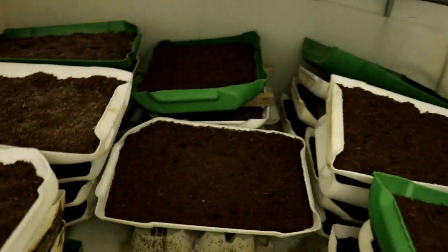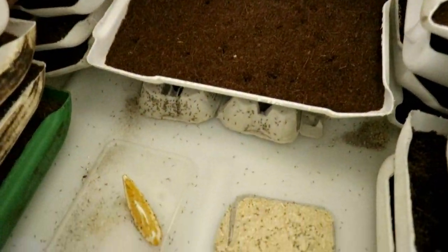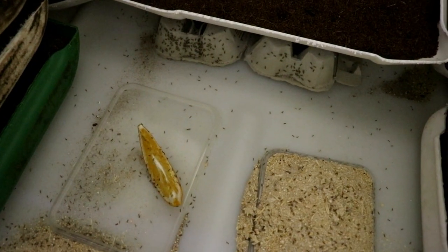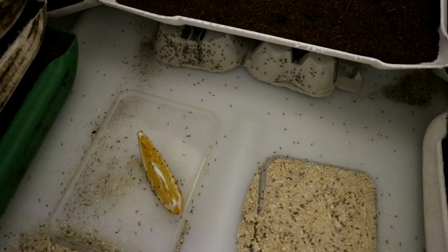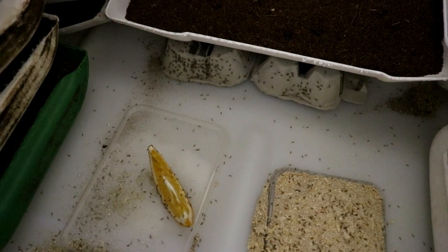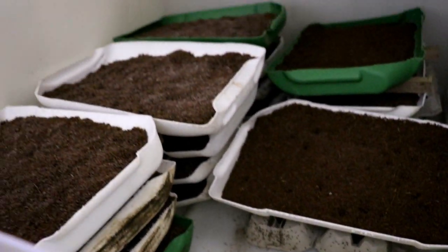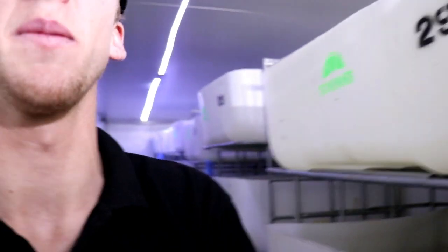These are our babies, and I'll try to get some that you can actually see. These guys would be about a week and a bit old, and they only take around 2 months to get to full size. So they are super sustainable for the environment. They are incredible in terms of not using any water or hardly any food. But with that, they also grow